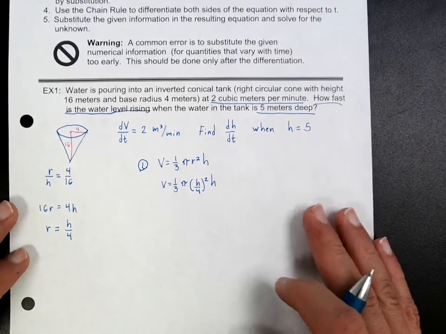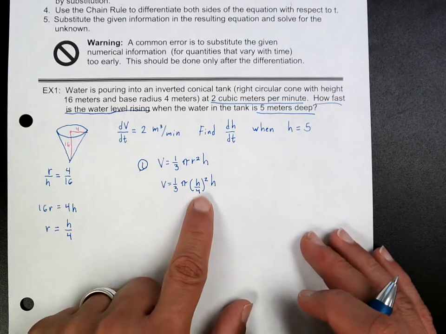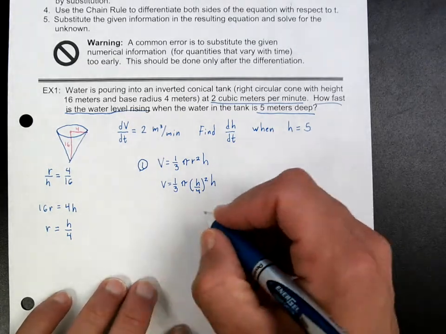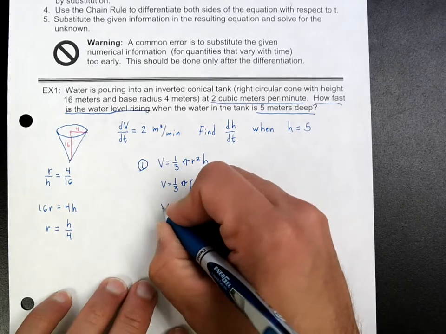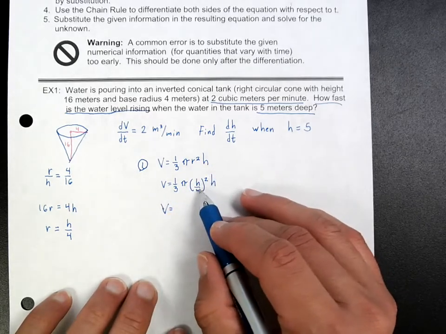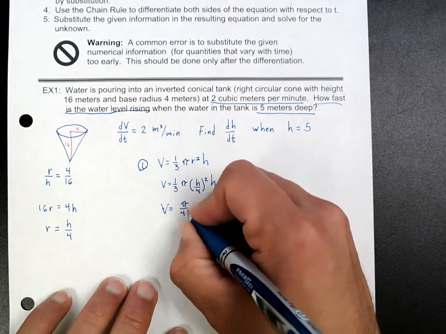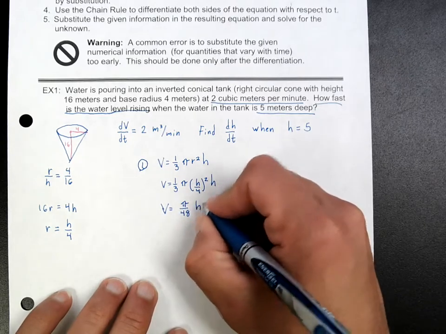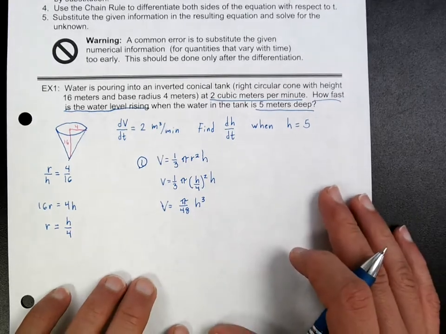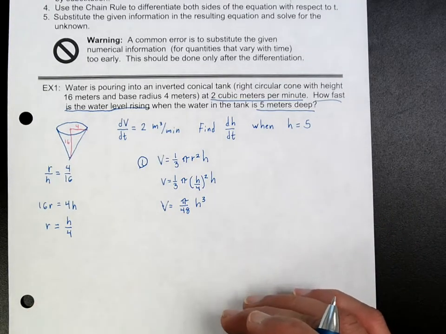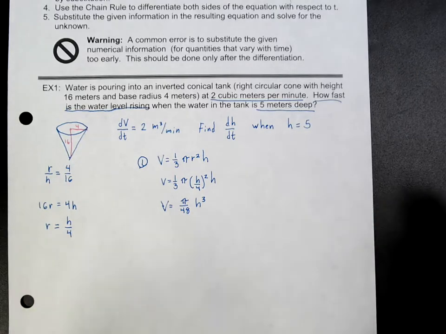That way I have all the variables. I only have one variable here now. I have h and h here, so that's going to make my problem easier. If you multiply all this together, if you square this first and multiply times that, you get pi over 48 h cubed. So that's what you have. Once you figure out your formula and you have eliminated one of the variables, if you need to, you don't always need to do that,